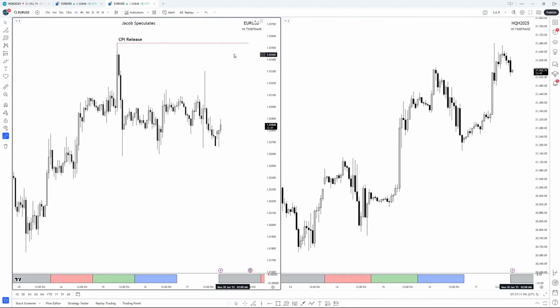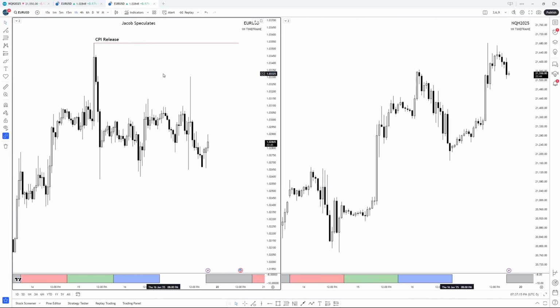So now comparing the euro and the NASDAQ, as of right now, the markets are decoupled. So the Forex triad and the futures triad are decoupled. And a telltale sign of decoupling in a market is on the big news drivers that form once a month, like CPI last week. As you can see right here, this was the CPI candle, and it formed the high of the week for the euro.